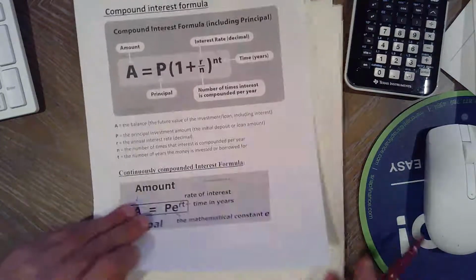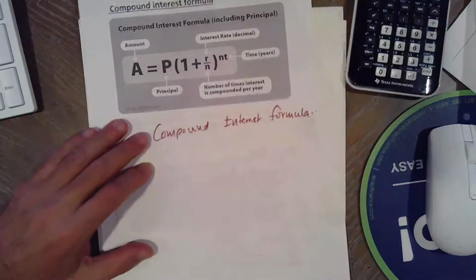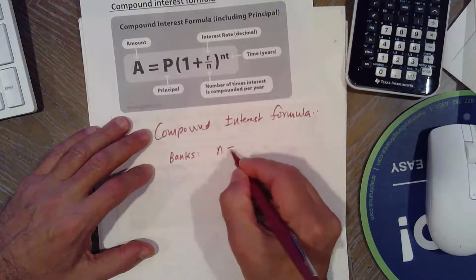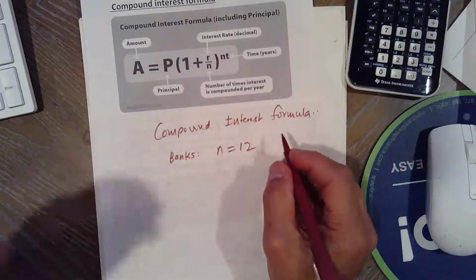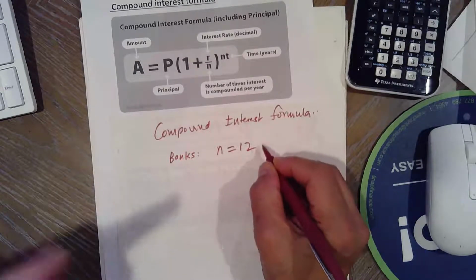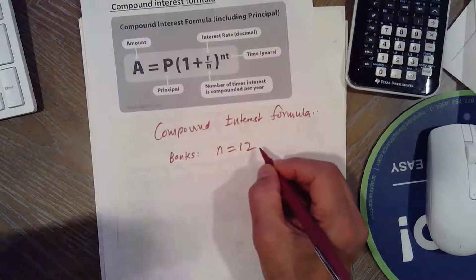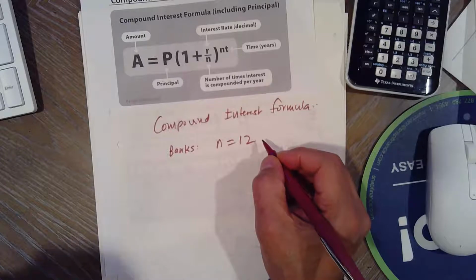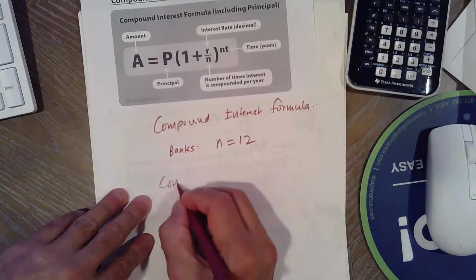For instance, for banks, usually it doesn't always have to be there, N is 12, because you get a monthly statement, right? So each month you get a statement, so 12 times a year. That's how the interest is added 12 times a year. If the interest is compounded,